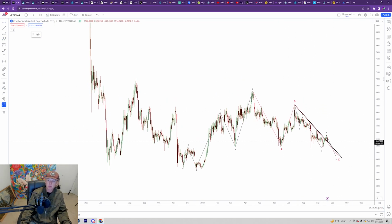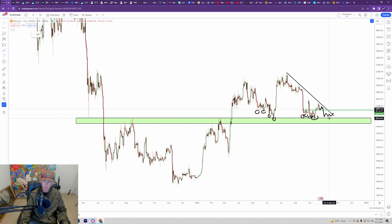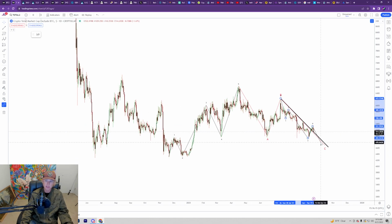And I don't think that really changes a whole lot. If we do see one more final low here, that would be where I would expect Bitcoin to come back down, retest 25K, and then reverse at some point. If Bitcoin breaks down from 25K, I would expect these markets to basically fully retrace all the way back down to basically the December lows. And I'm not really anticipating that. I think that one more low